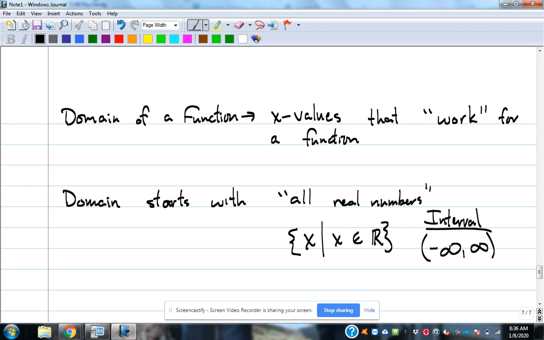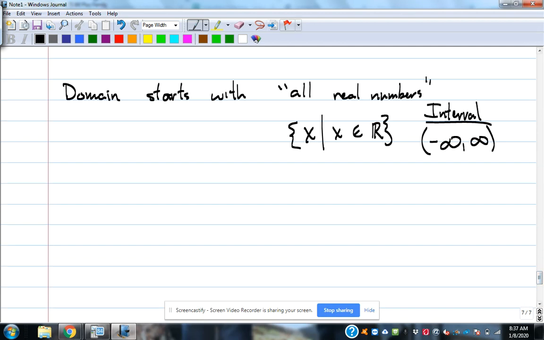So everybody starts with all real numbers as the default. So if there are no red flags, and we'll talk about the red flags in just a second, then the domain is going to be all real numbers. Okay, so red flags, it changes. No red flags, it's all real numbers. So let's look at what red flags could come up. So the red flags that come up are